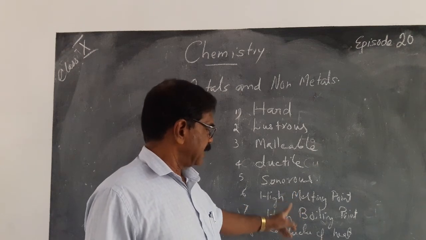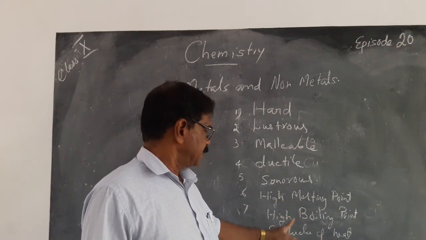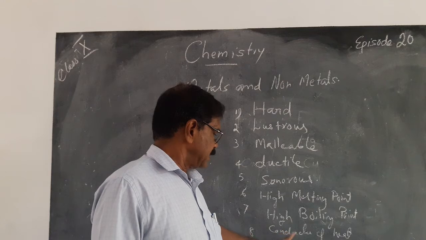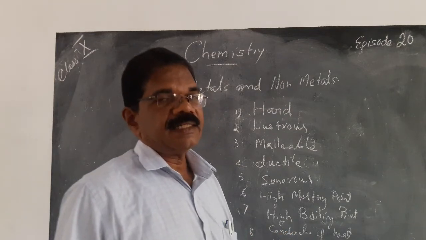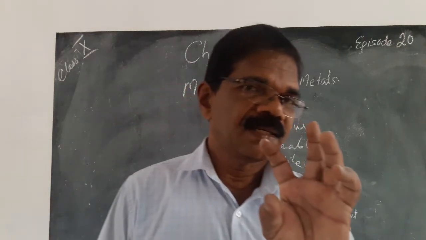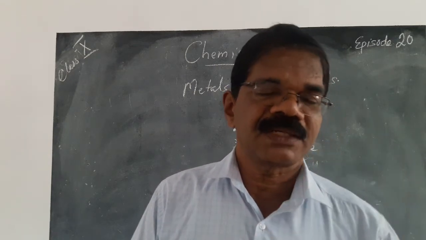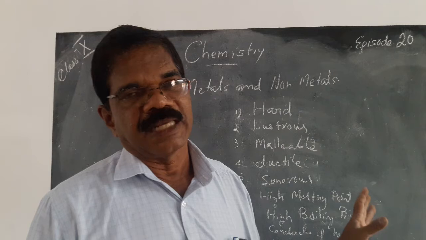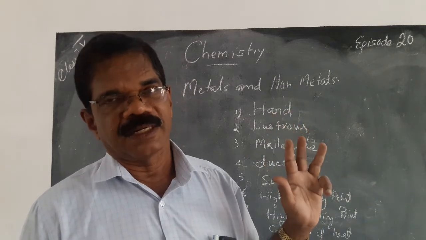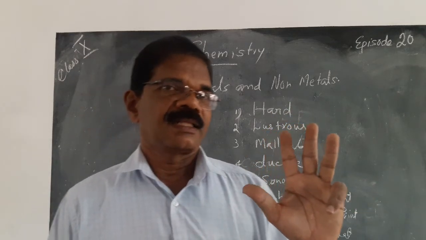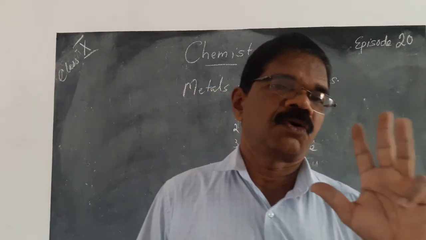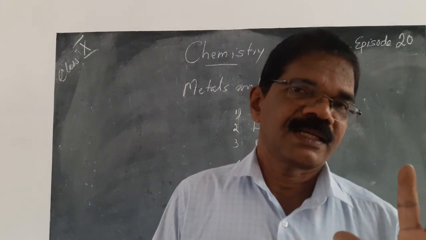High melting point, high boiling point, good conductor of heat and good conductor of electricity. Then the third thing you have to write down is those metals which show exceptions to these general properties. That means first the liquid metal. Second, the metal which has low melting and low boiling point. Third, the